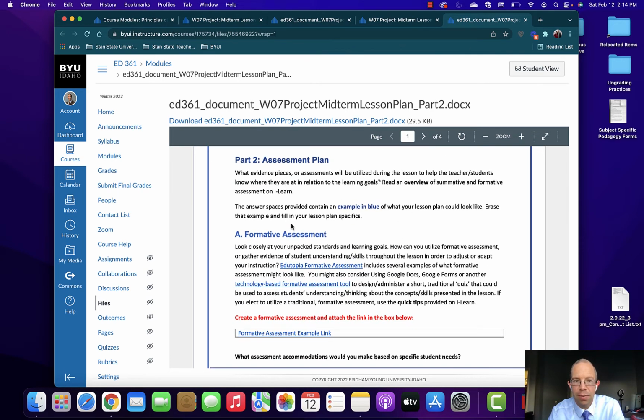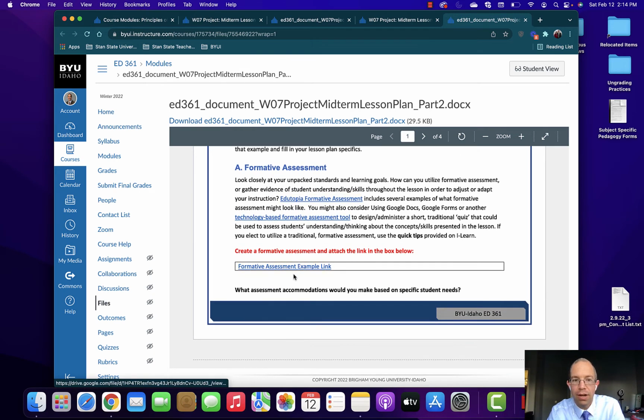And so you can see right off the bat, you're going to develop a formative assessment that is aligned to the learning goal that you created in part one. And so you would go ahead and include that formative assessment here. Again, this is not a formative assessment you've already created. You've done this in a prior module. Now you're creating a new one aligned to the new standard objective you just created in part one